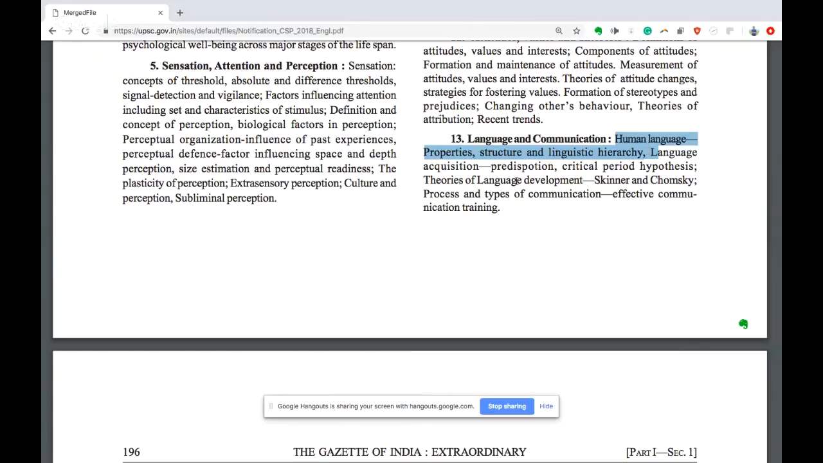This talks about how we develop language. Basically, in this chapter, there is only one thing to study, which is how Skinner's theory differs from Chomsky's theory. You take out the question papers of the last 10 years, you will find that